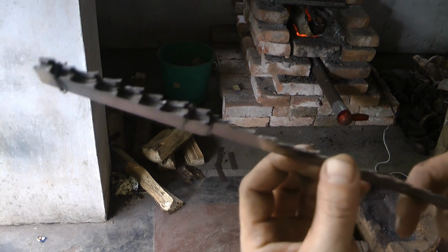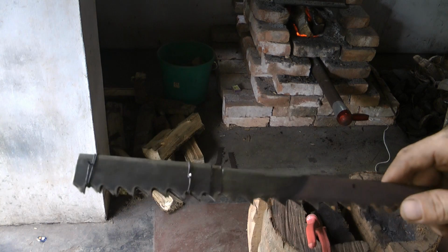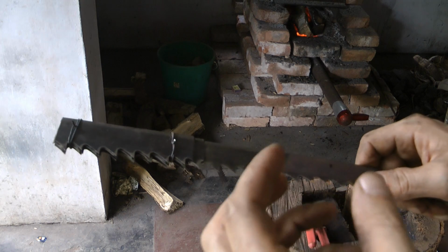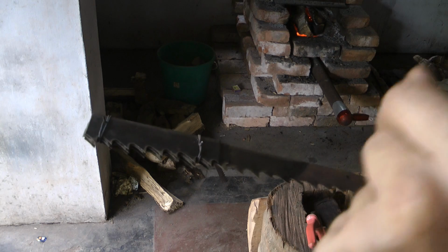But this is what it looks like. We have 7 layers including the handle, which is just part of the blade, I guess. I cleaned everything up as best as I could, and now I'm going to get myself some of that termite sand/clay, and I'm thinking I'm going to mix it a little bit with water, like I've seen with